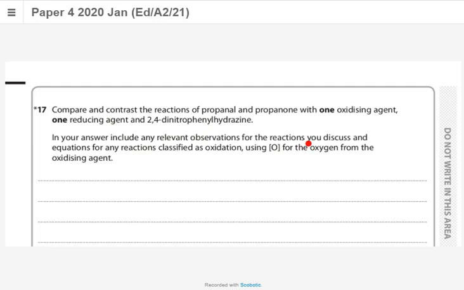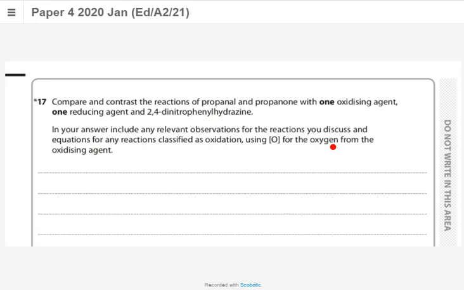If you've written the answer, please check. When propanol and propanone, so you must always compare the difference, compare and contrast. When propanal and propanone are reacted with an oxidizing agent,